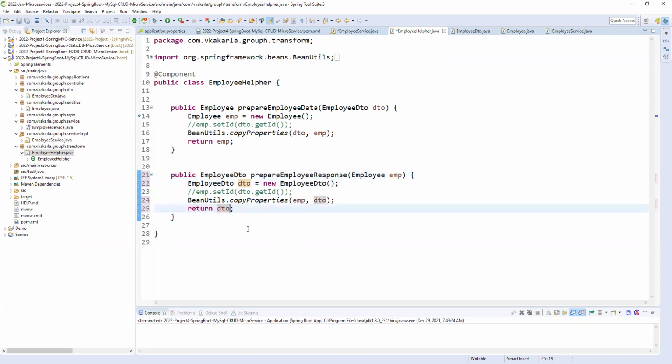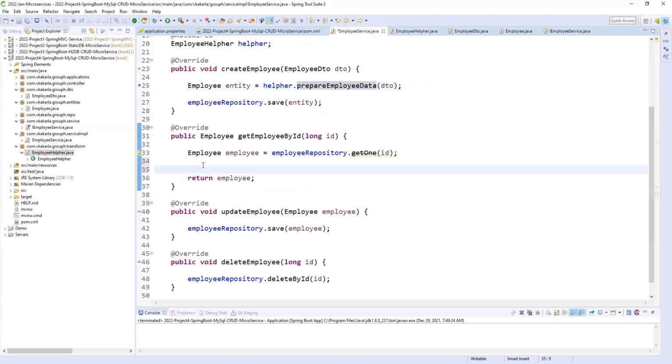You can return the same, right? So we will see whether we are able to pass it or not. So we can call this and we will see. So employee DTO, right? So let me call it here. Employee we are passing, just to check whether we are able to get the values or not. So later we can return.